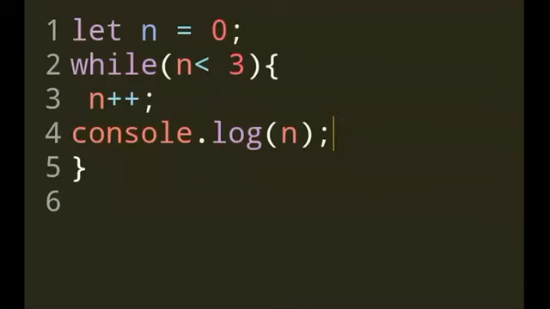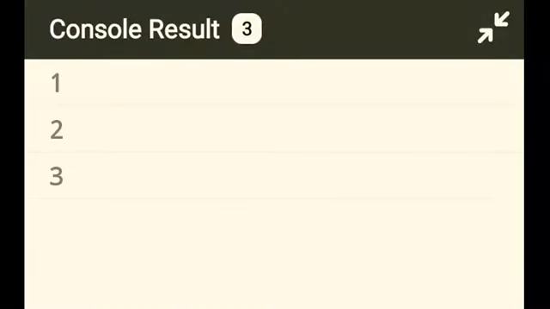So what's happening? The first time, starting with n equal to 0, the loop does plus 1, so 0 plus 1, and you get a result of 1. Then the result 1 that you get, add 1 again because it's incrementing by 1, so 2. Again add 1 to the 2, incrementing to 3. After that the loop will stop because n cannot be greater than 3. So let's check out the result. There you go, 1 2 3.